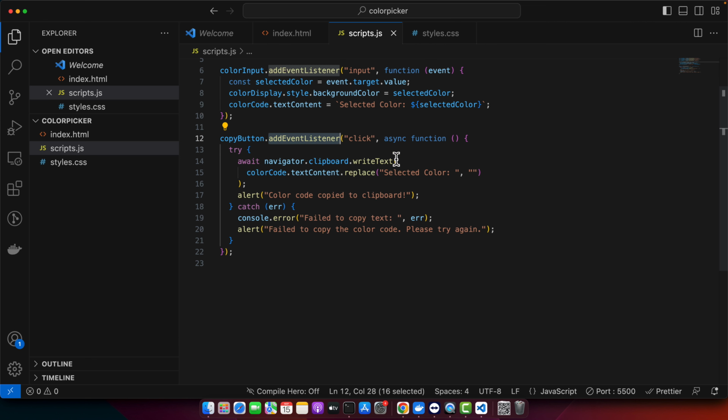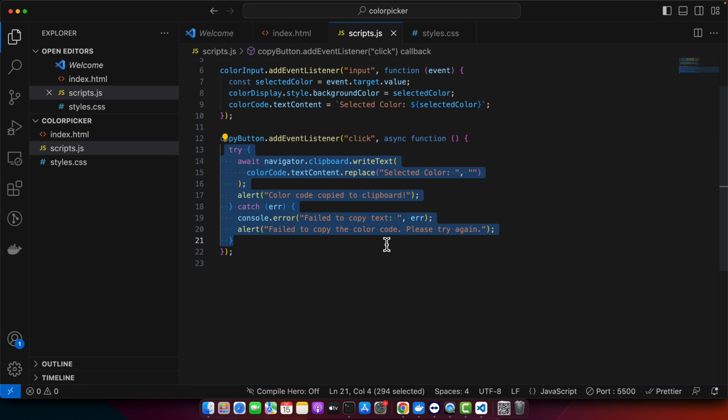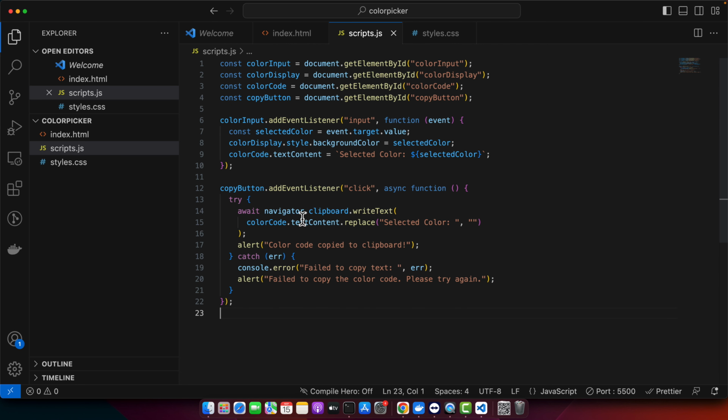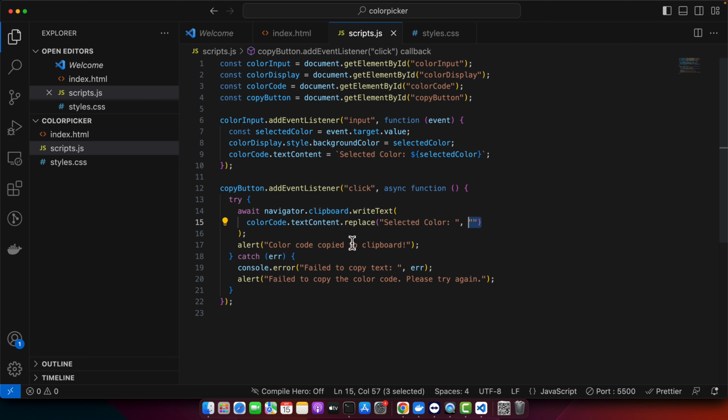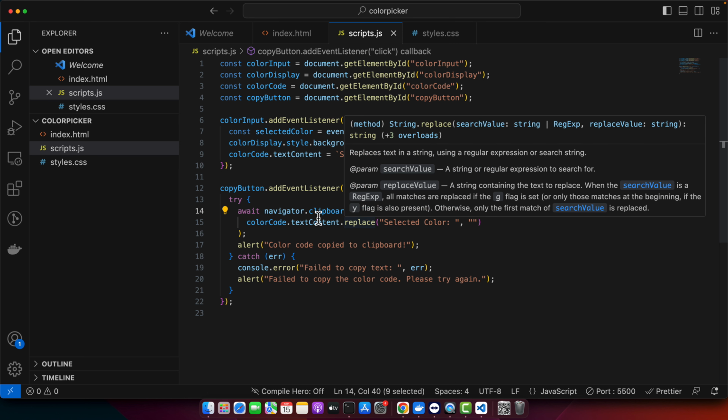And here we are registering a click event on the copy button. This will basically copy the code to our clipboard. So here navigator.clipboard.writeText. Here we will give it the text that we want to copy to our clipboard. So here we just removed the text. For example, we replaced this text with an empty string so that we could get only this part. So with that, we gave that part to this function and it wrote that color code to our clipboard,